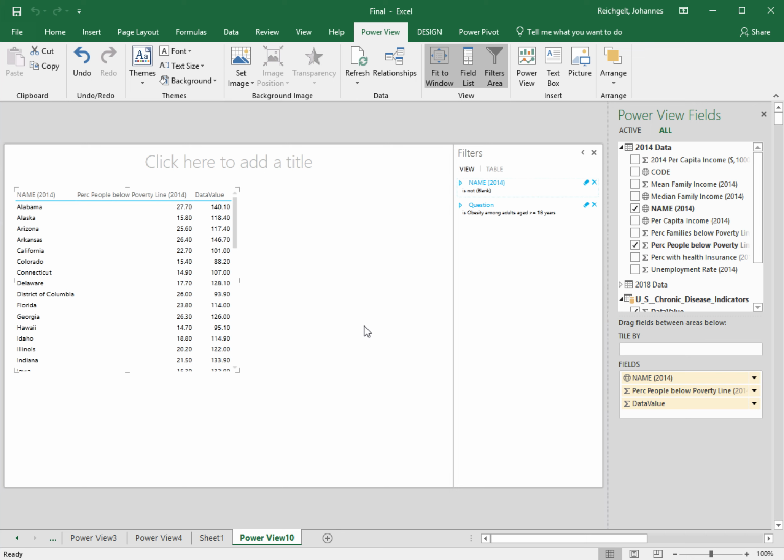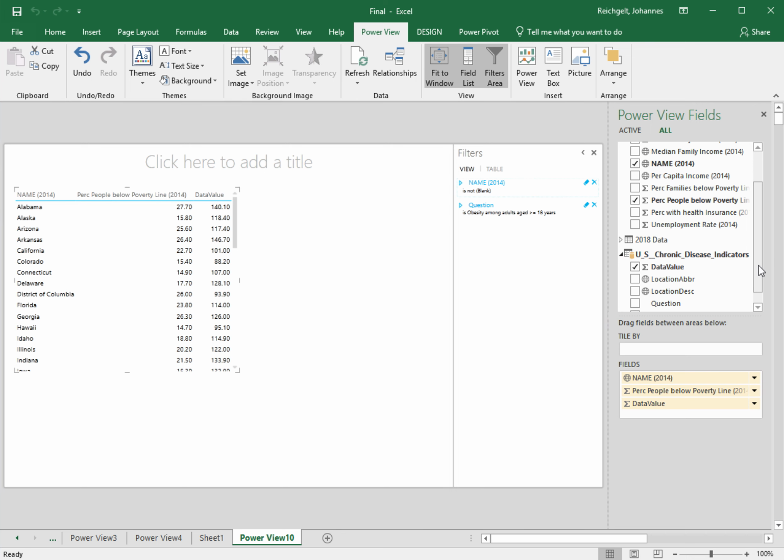Now, finally, there is one more filter we need to add. The chronic disease data sets are for 2014 and 2018. And since we're only looking at the 2014 economic data, we also only want to look at the 2014 values in the chronic disease data table. So I'm going to drag year start